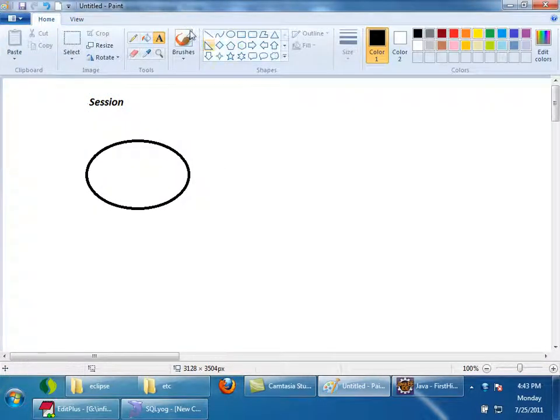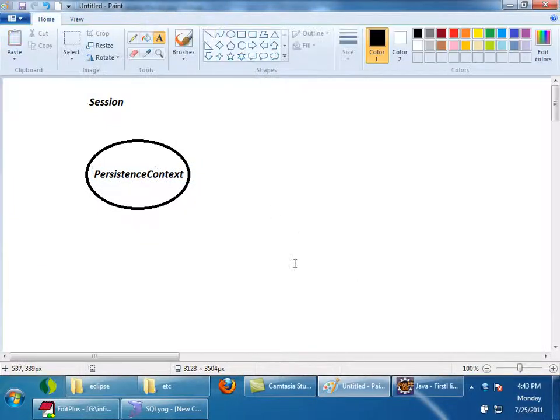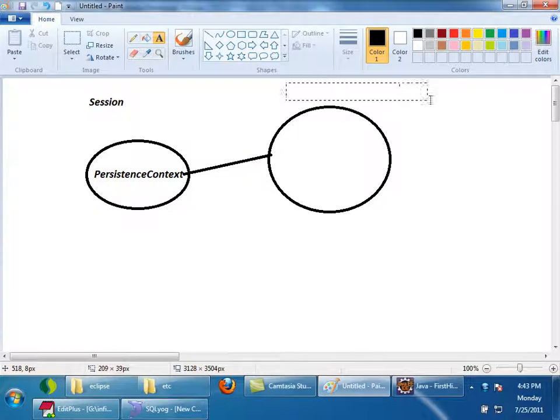Inside the session object, there is an instance variable called persistence context. It will be pointing to another object of type persistence context. This is the persistence context object.